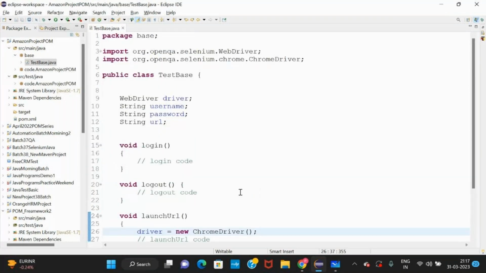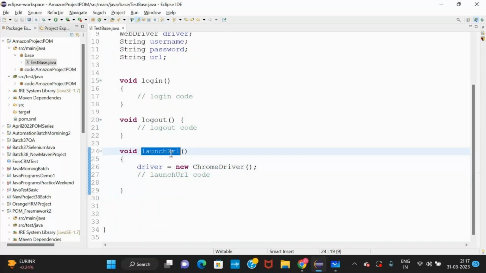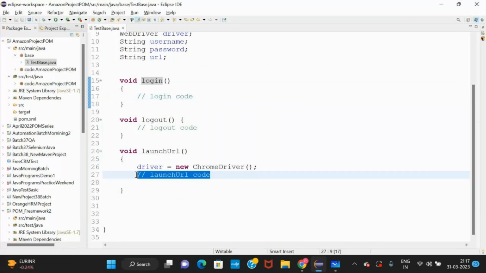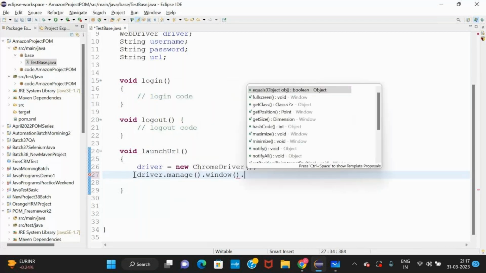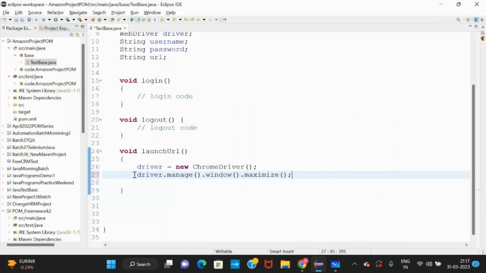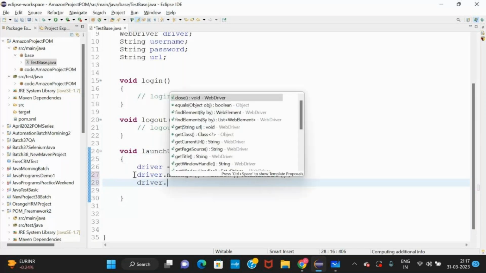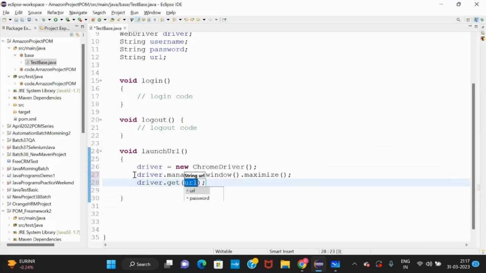Obviously, we need this to launch the URL before login. Driver dot manage dot window dot maximize launches Chrome and maximizes it, and then driver dot get launches a URL, and the URL is our URL variable.